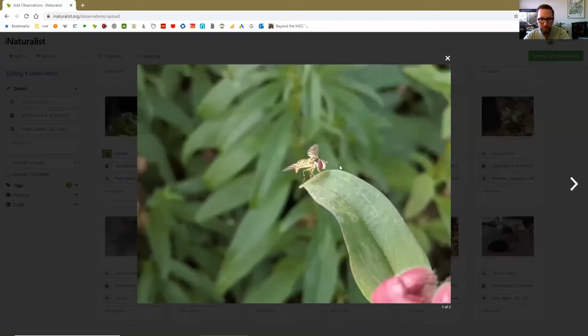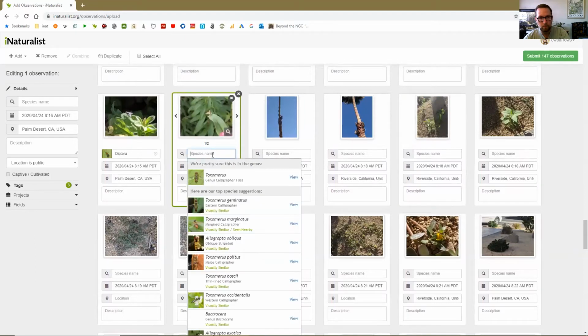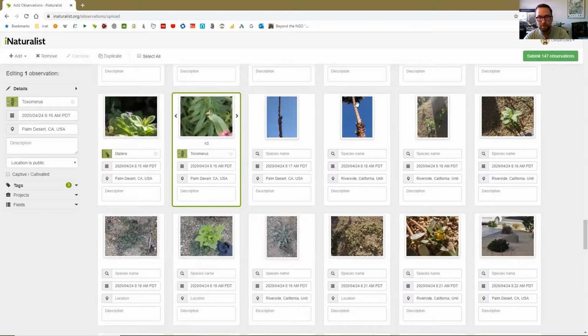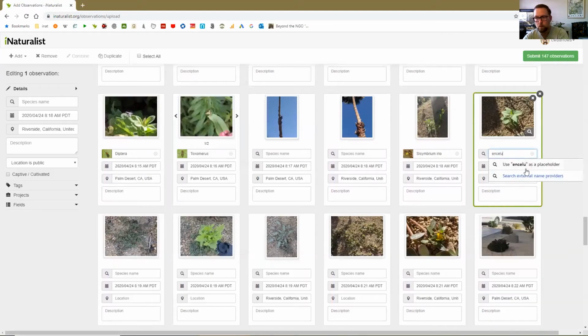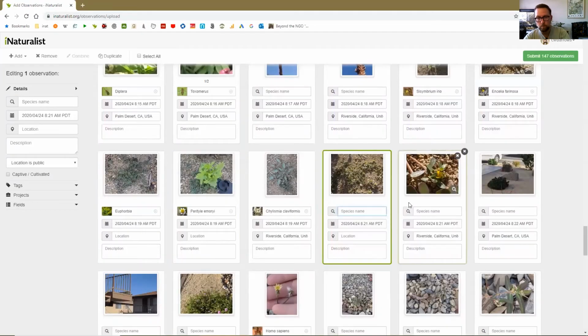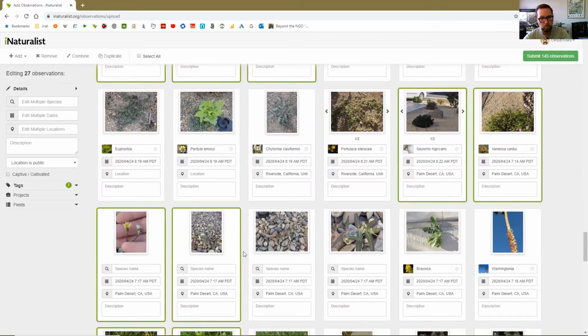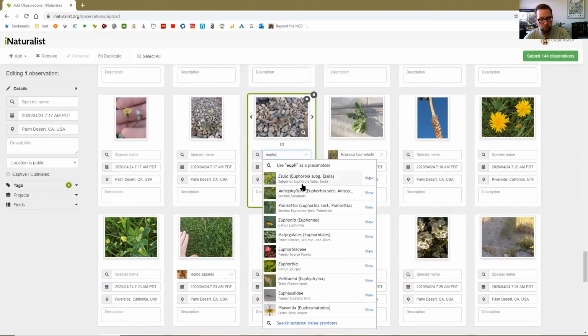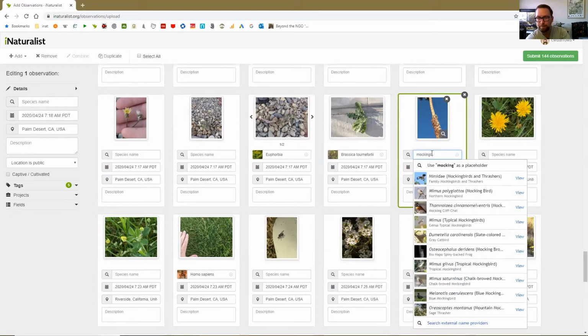This was a really interesting little fly. A calligrapher fly, according to the computer vision. We'll see if that's right. Well, in this case,